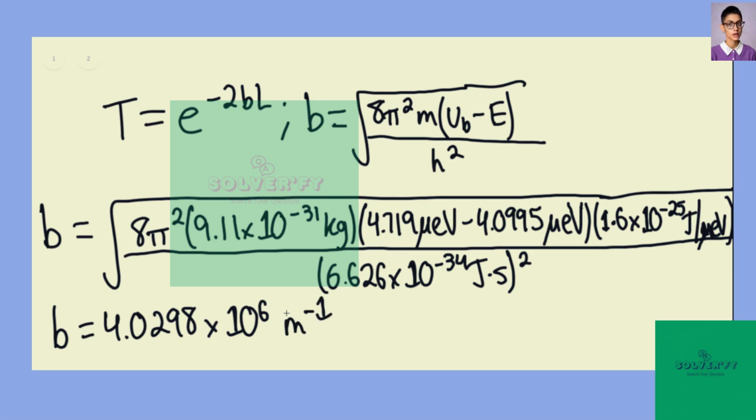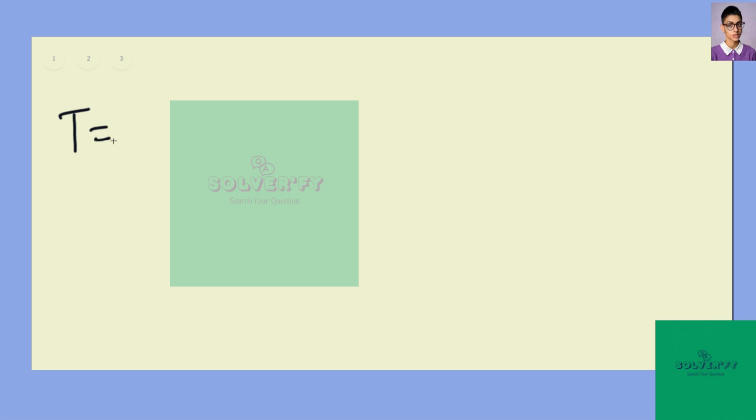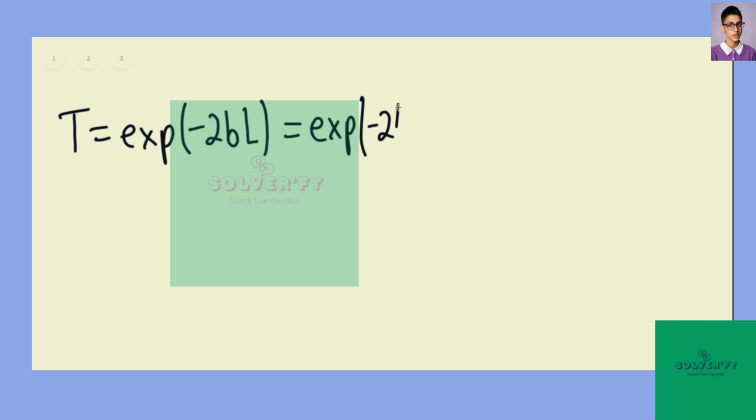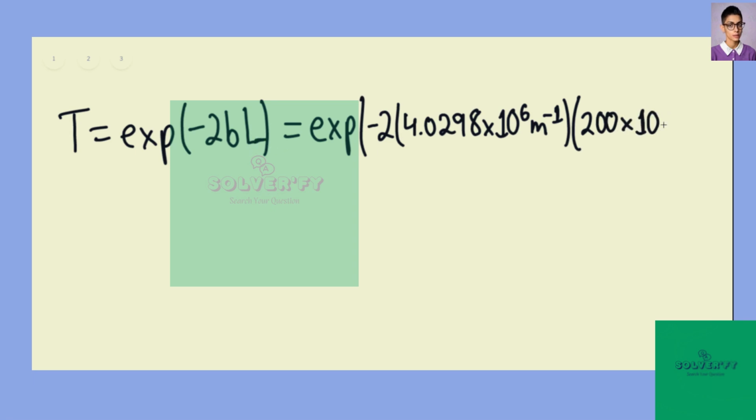So we can then say that T, the transmission coefficient, would be the exponential function of negative 2bL, and this would be equaling the exponential function of negative 2 times 4.0298 times 10 to the 6th per meter, and then multiplied by L, so 200 times 10 to the negative 9th meters. And we find that the transmission coefficient T is equaling